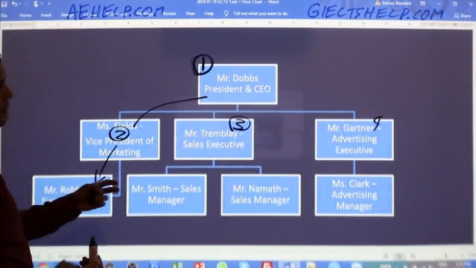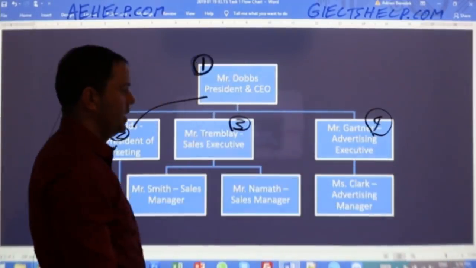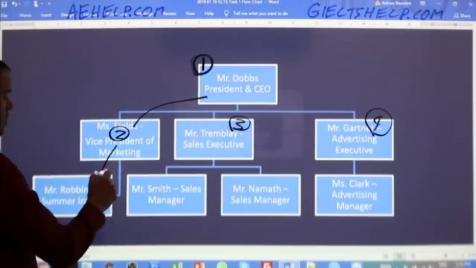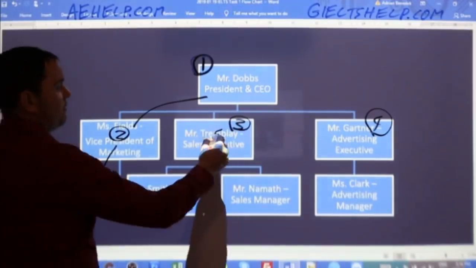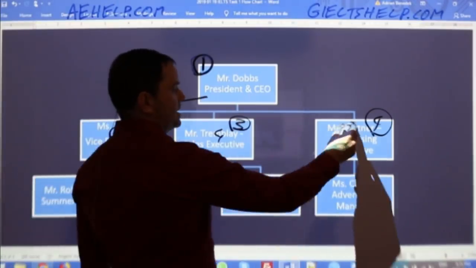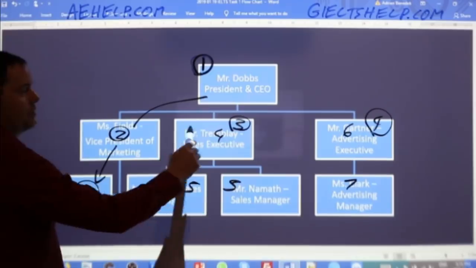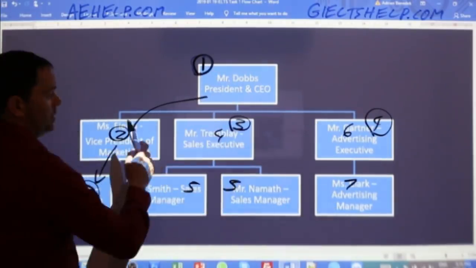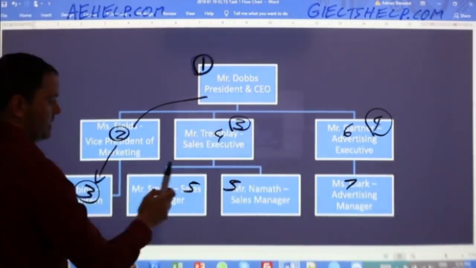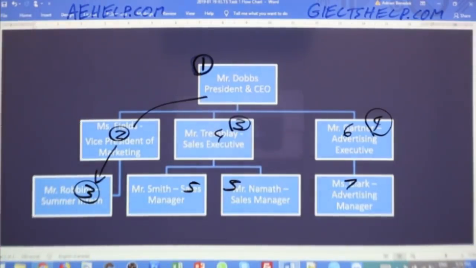So you could go a few different directions, and this is the idea of there's more than one way to skin a cat. You might say 1, 2, 3, 4, 5, right? 6, 7. So you could do it like that. Or you could go through these first. So you could go 1, 2, 3, 4, and then 5, 6, 7. So that's another option. Okay.